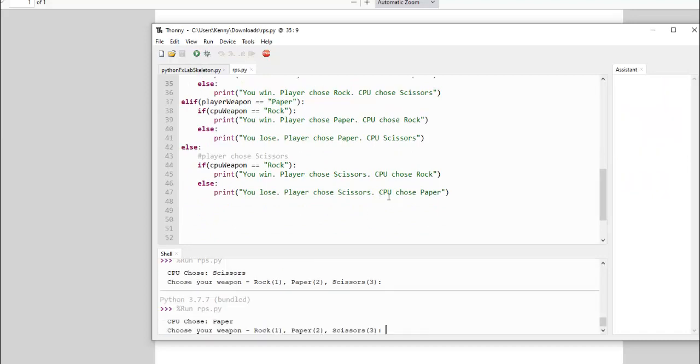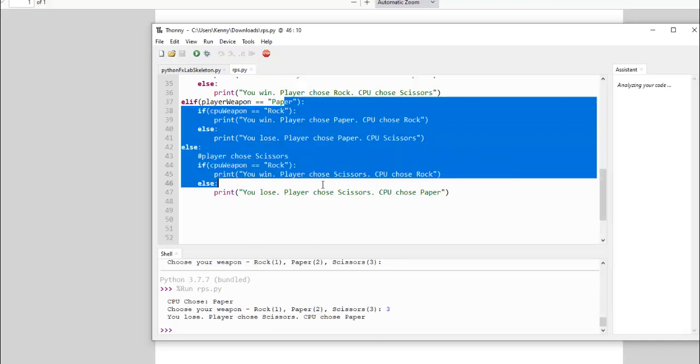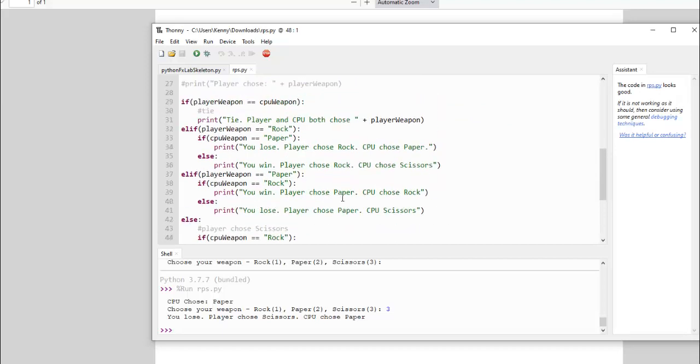All right, CPU chose paper. How about I do scissors? Let's try and lose. You lose. Now, do I have a logic error in here somewhere? Is one of these wrong? Could be. I didn't mean to make it wrong, but testing this, I'd have to sit here and test this